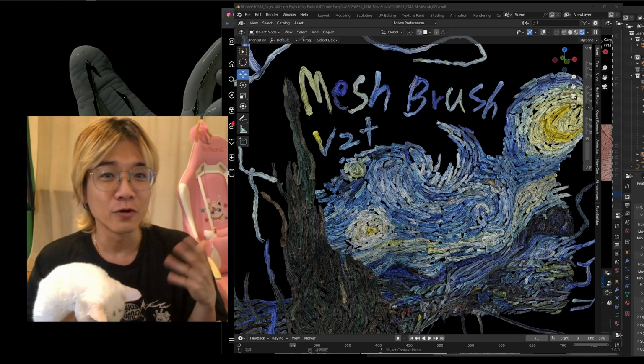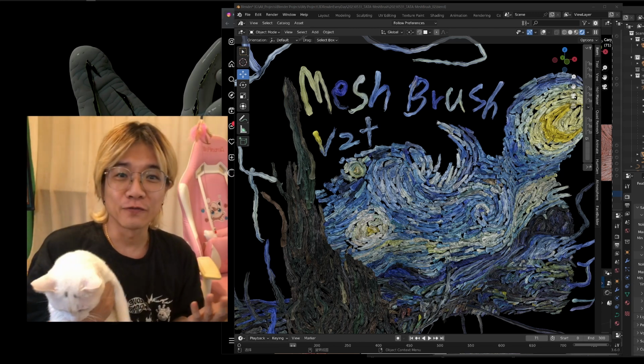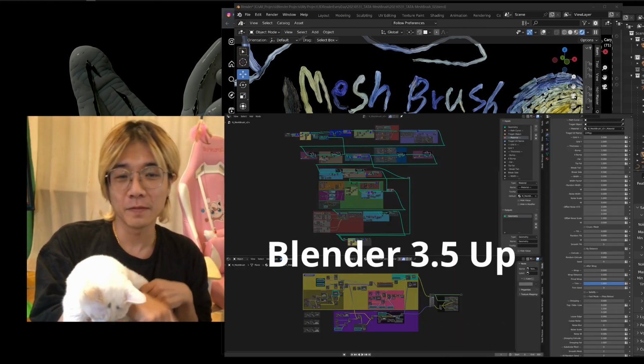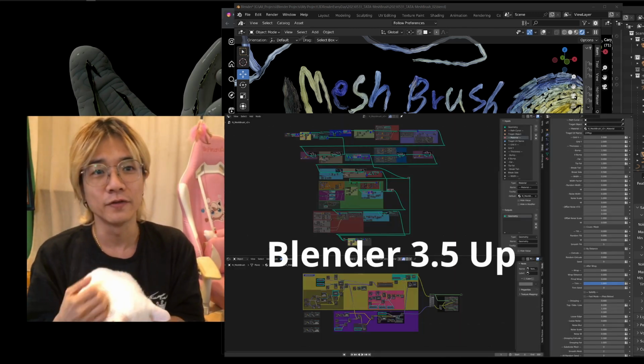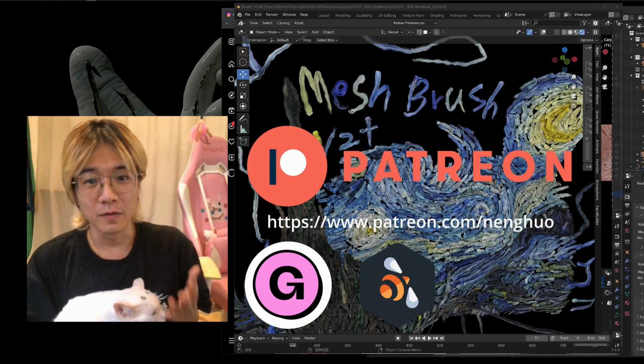This video I will be introducing this super powerful mesh brush v2 that I developed. Talk about the functionality of this mesh brush node tree,